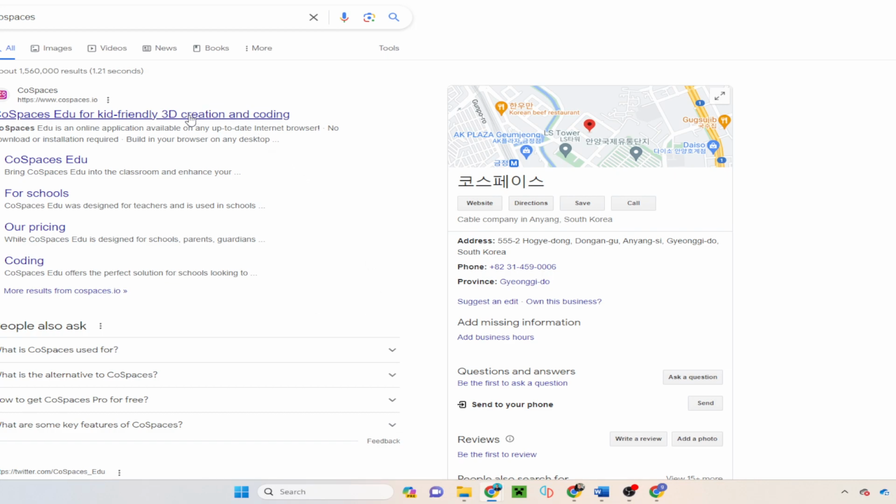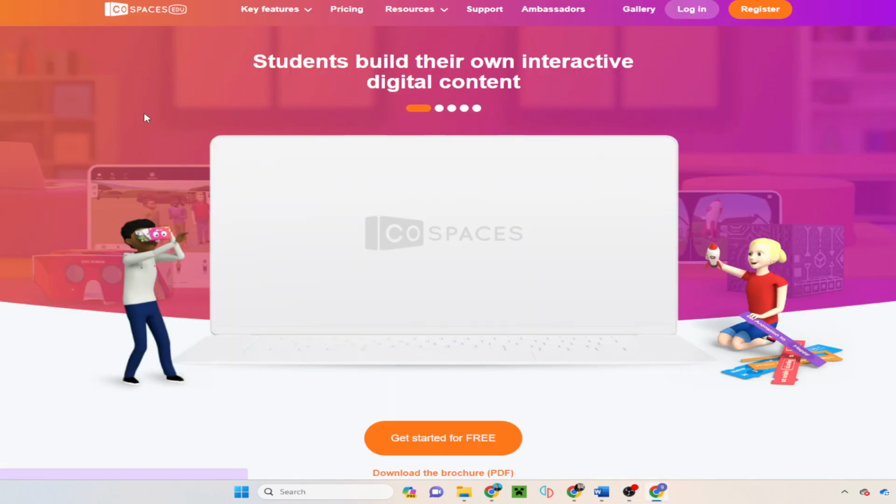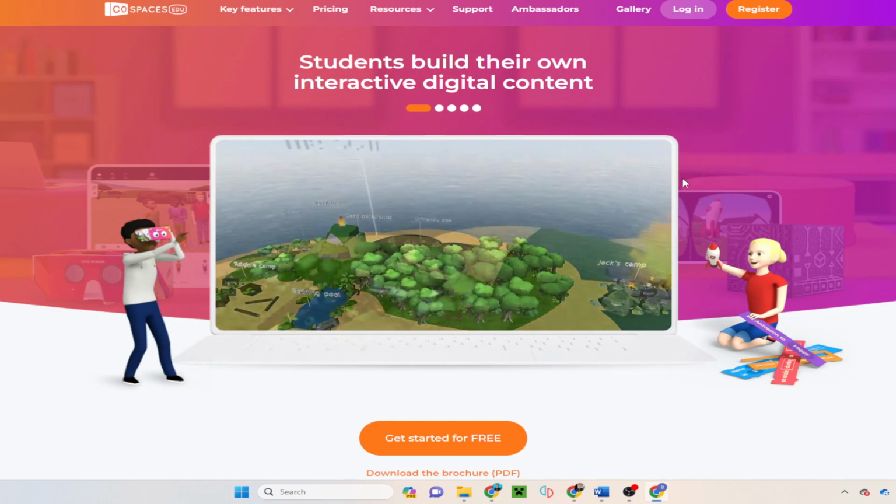Okay, so we're going to be using CoSpaces Education. Your first step is going to be to grab a Chromebook and go to this website, CoSpaces. Now, that website is really important. Let me turn that music down a bit. It's really important that we get logged in and then get to my